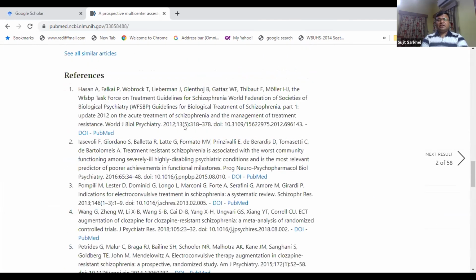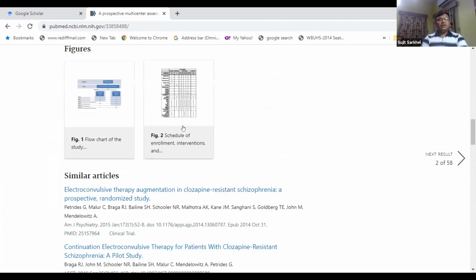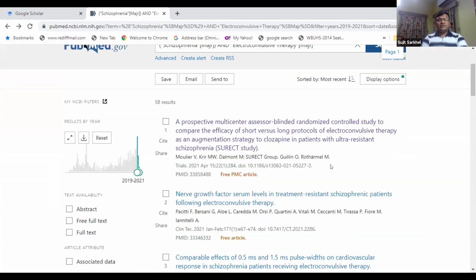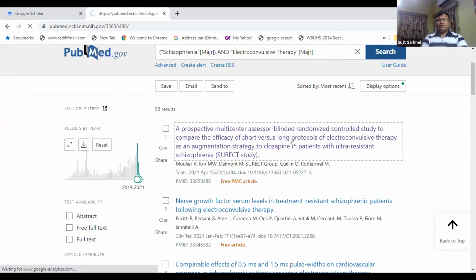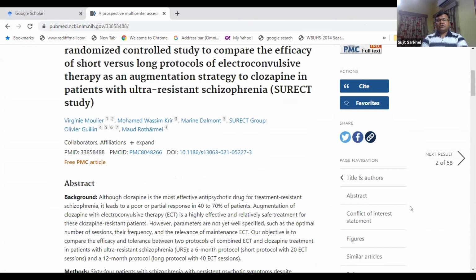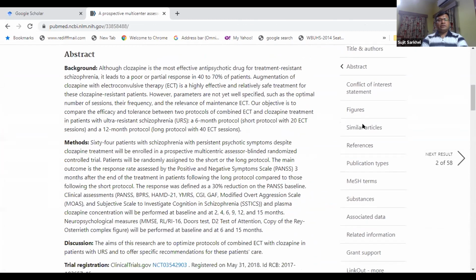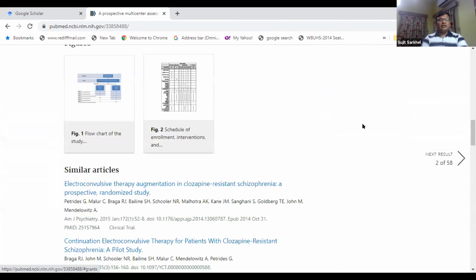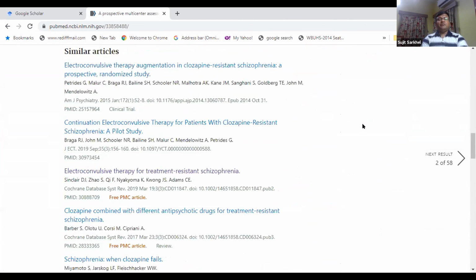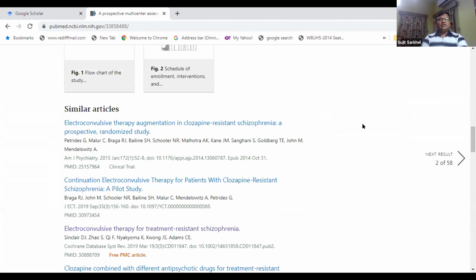This is one. Second, you can look for related articles from this article. So similar articles. There are so many similar articles. With the help of the similar articles, you can develop and build up your search further. So these are so many advantages that are there in this particular search engine.